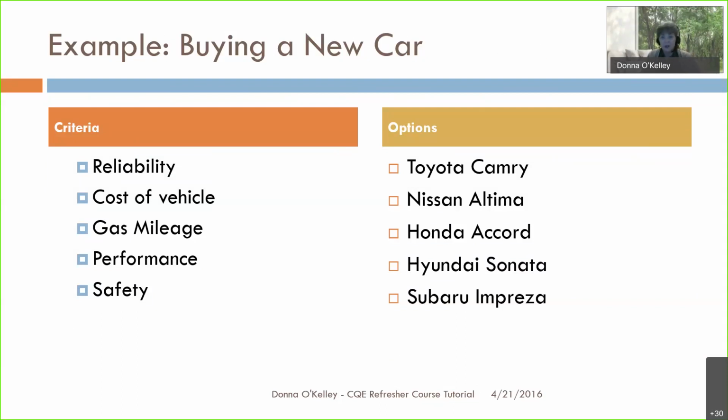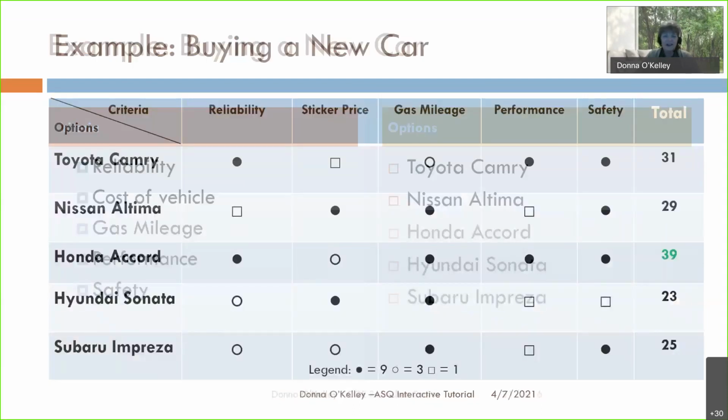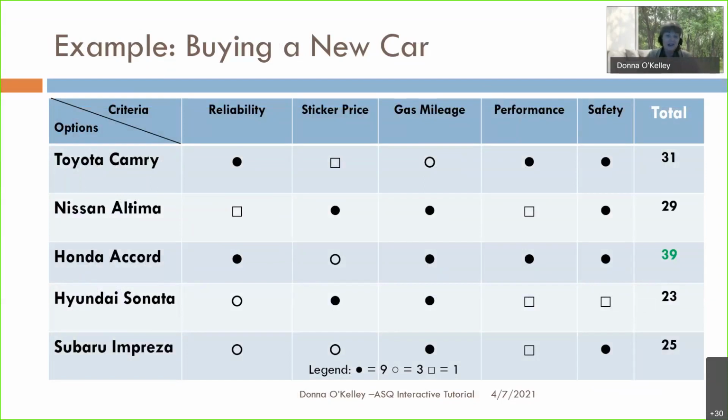Again, it's just based on these criteria. There might be loads of other criteria or features that you want to consider, but for the sake of this short tutorial, we're just going to go with this. Again, this is not scientific data by any means. It's purely an example. I actually drive a Toyota Camry, so I'm not exactly sure about the other options here. So Toyota, a Camry, an Altima, an Accord, a Sonata, and an Impreza. So for the Toyota,